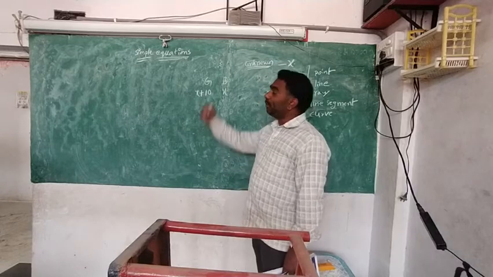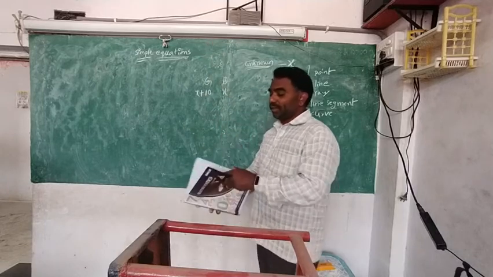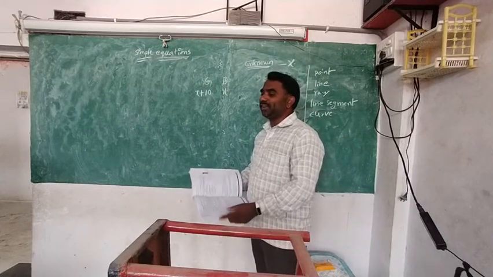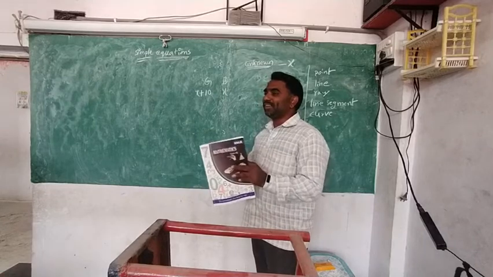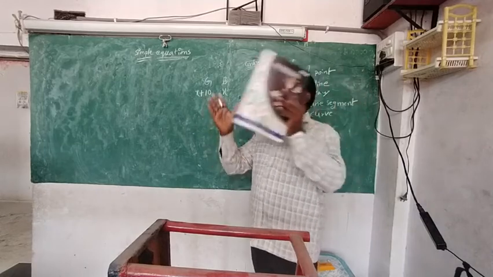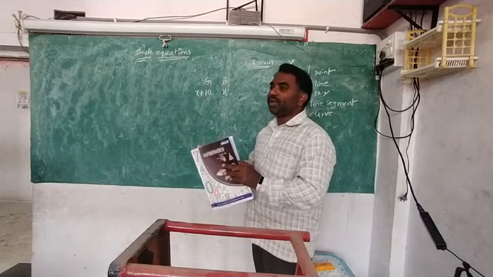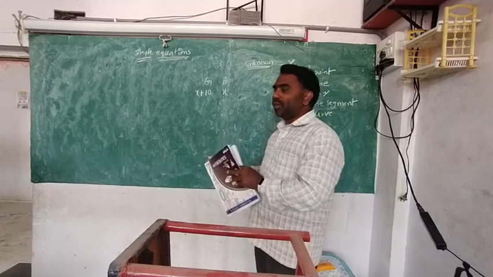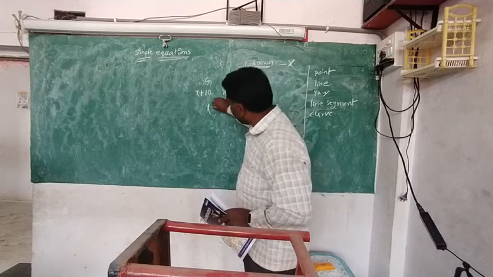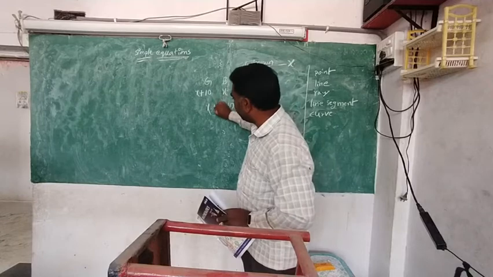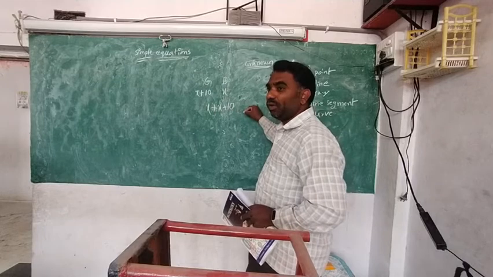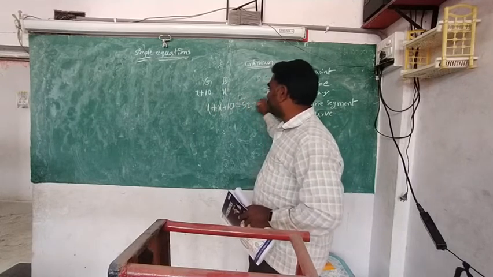So then again, in the problem, what has been given? The total number of boys and girls is 52. Mathematically, how can you say that? Boys and girls, if you add, we will get 52. That is the only meaning of that. Boys, you know that. Girls, you know that. This if you add, we will get 52. We will get 52 means plus, equal to 52. Very good. See the equation.